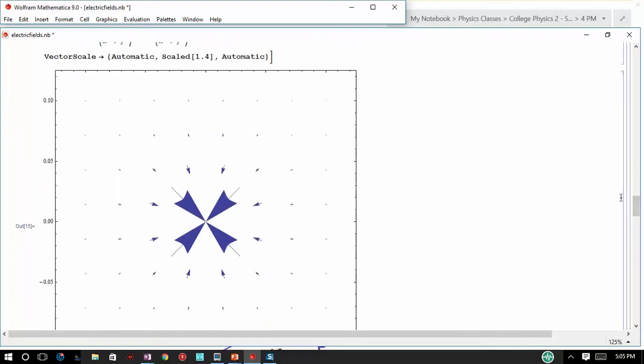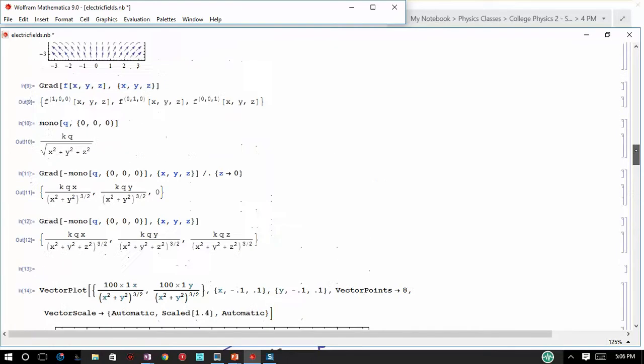This is how it looks for a negative charge, right? It just goes towards it. And this is how we're used to seeing the electric field, just in, say, the XY plane, right? Just on the plane, on the desk in front of you, you draw the field just as if it was only in one plane. But the thing you have to remember that we don't do that often in this class